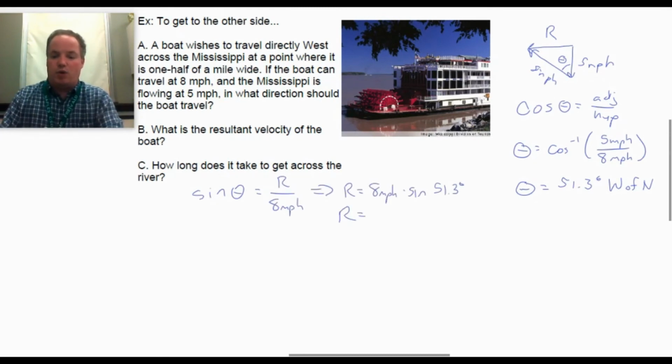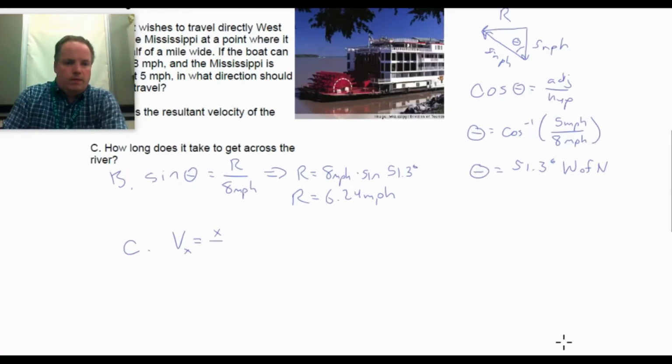And we get 6.24 miles per hour. The final question, how long does it take to get across? Well, we haven't actually done this yet, but velocity is distance over time. All right, and if we solve this for our time, we get time equals distance divided by velocity. And if you solve for that, you get this weird number of 0.080